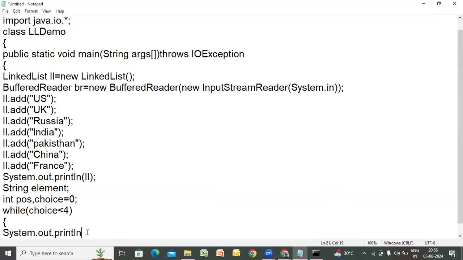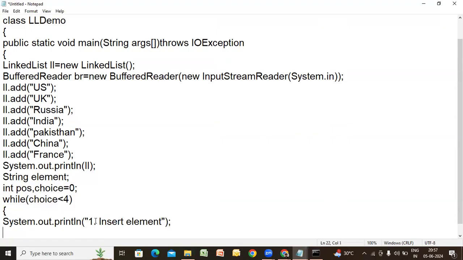So System.out.print. Here I'm giving some information. If you type 1, what will happen? Insert element. If you want to add elements further from the keyboard, that is the option I'm giving here for you. And if I go with the second option,